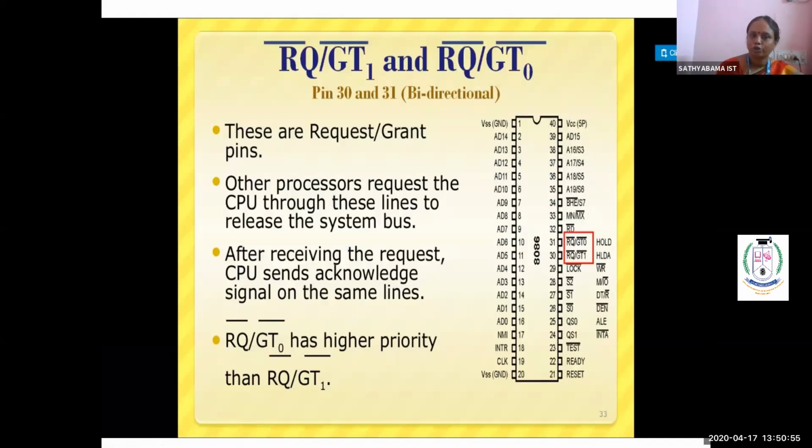Okay students, this is the 8th pin, bus request, bus grant. The two signals: bus request is nothing but the hold signal, and bus grant is nothing but the HLDA signal. RQ is bus request and GT is bus grant. When I connect two processors, they will ask for a bus request and bus grant. The highest priority is given to RQ bar/GT0 bar. So these are the 8 pins of maximum mode operation.